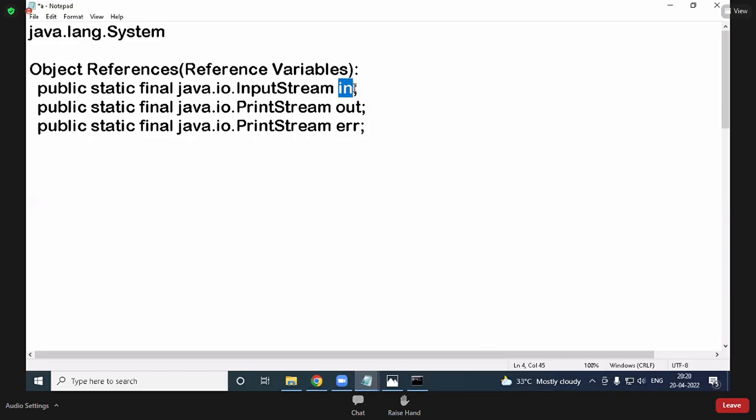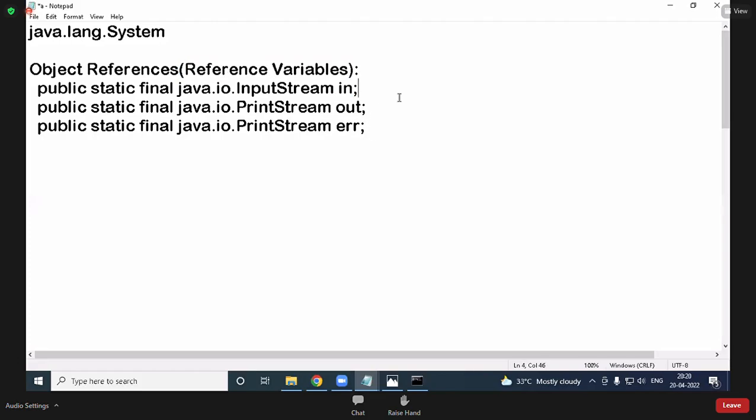What is in? Object reference of InputStream. What is out? Object reference of PrintStream. What is err? Object reference of PrintStream. First that is clear, no? Can I call an object reference a variable? Yes or no? Primitive type variable or reference type variable? Reference type variable. That is the reason for the heading I gave: object references, and in brackets, reference variables.